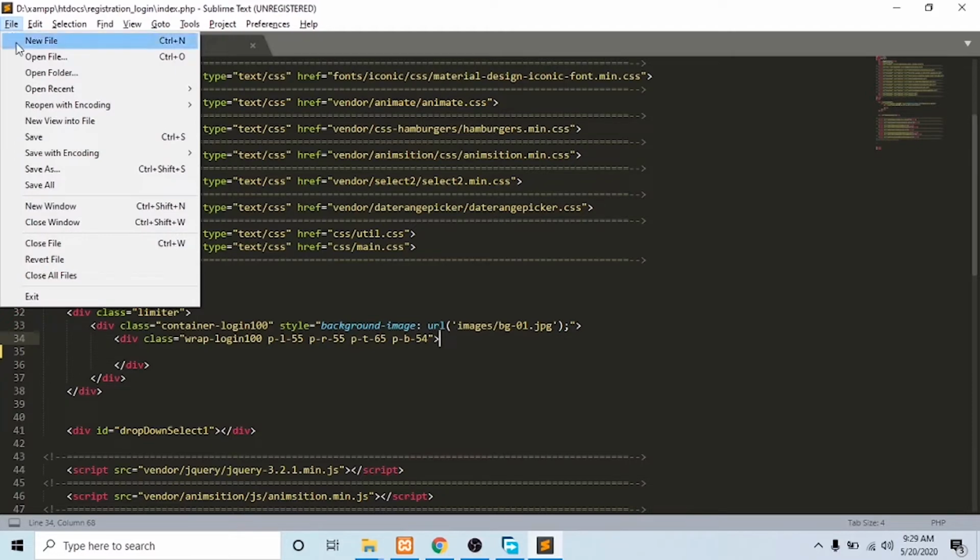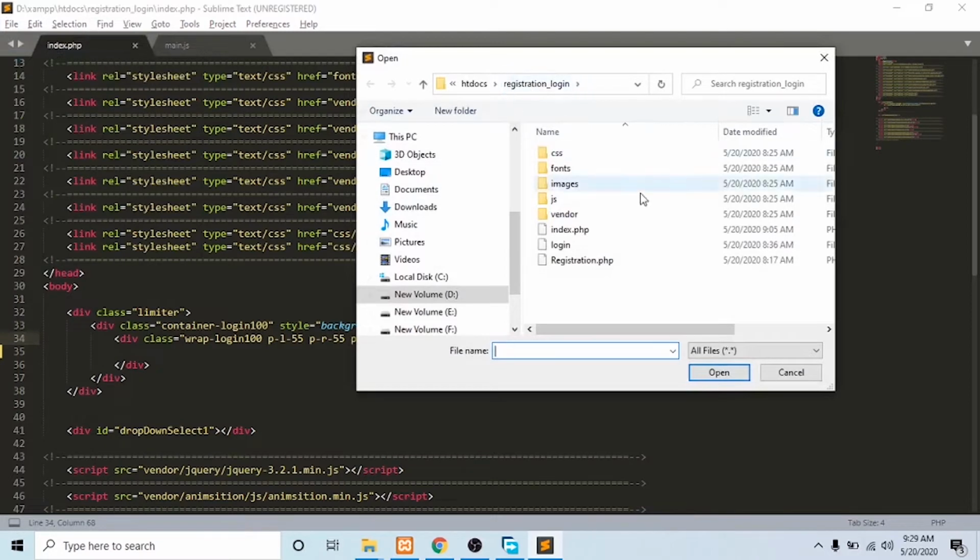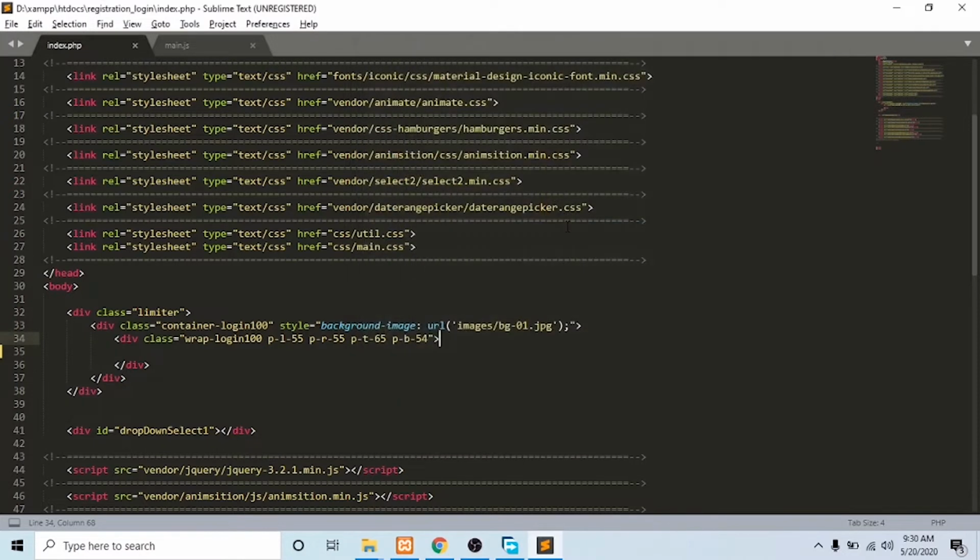First of all, I am going to show you the project directory. Here is the project directory I have already created. One folder, registration underscore login, and I have created the root directory, all the necessary files, css, fonts, image, js, and I have created already index.php page for the registration form. So let's start to open the index.php. This is the index.php,